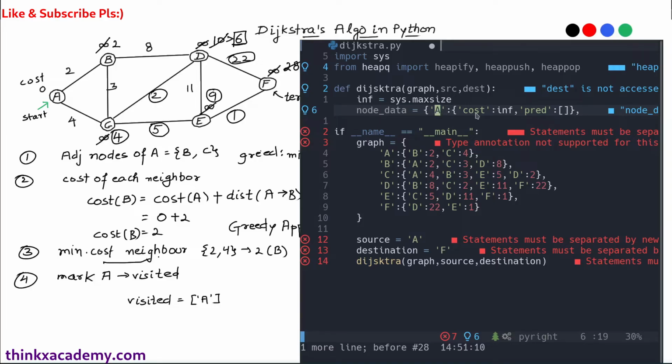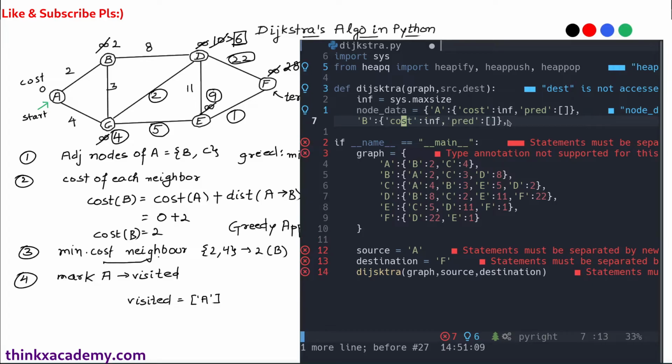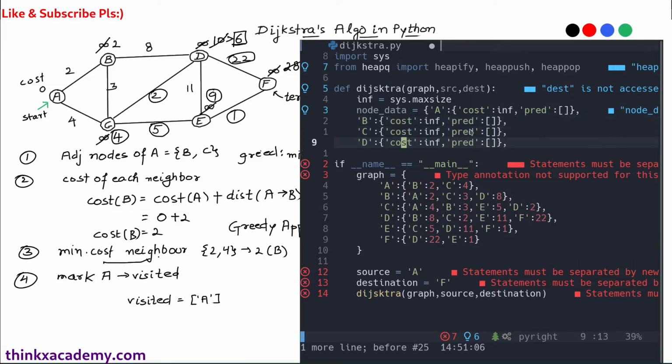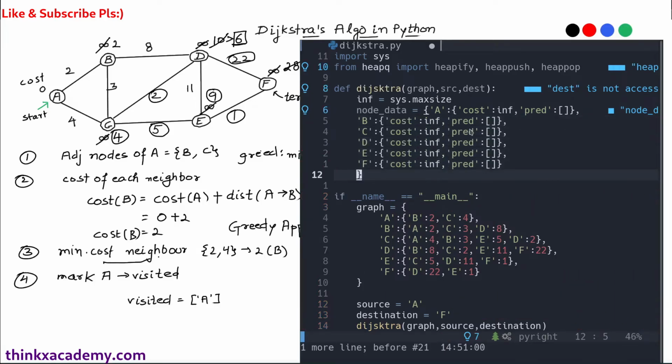So A will have two variables, one is the cost and the second one is the predecessors. The cost is initialized as infinite and the predecessor set is empty. I'm going to do the same thing with the nodes B, C, D, E and F, right? So this is actually a dictionary of dictionaries. So each and every node inside of this graph will have a cost and a set of predecessors. The predecessors will actually give me the path from the starting node to that